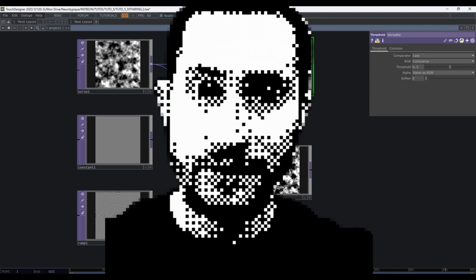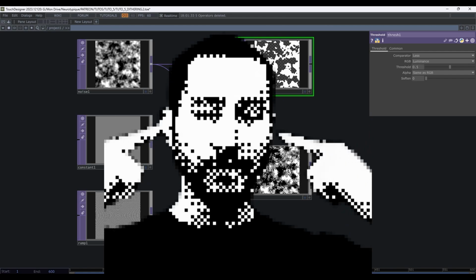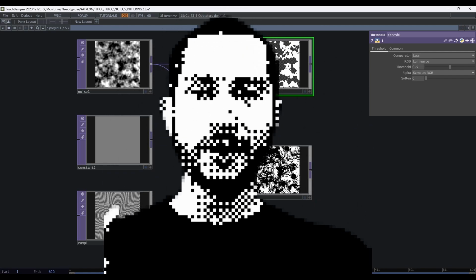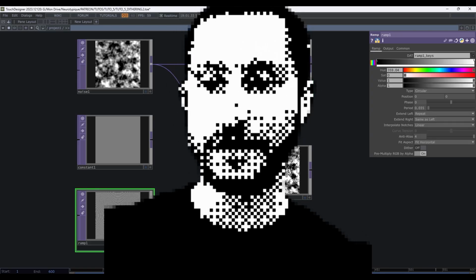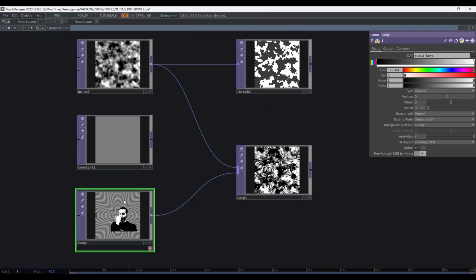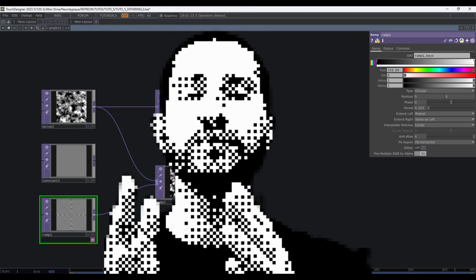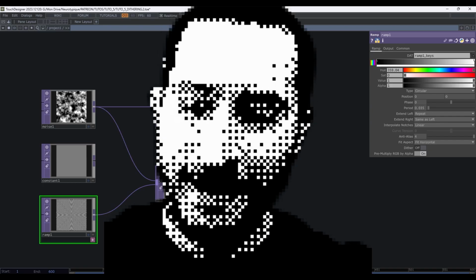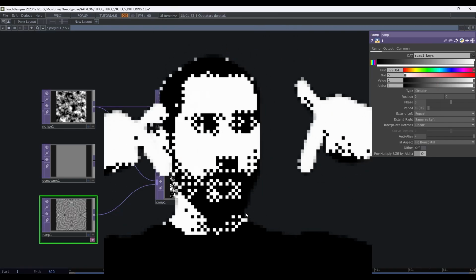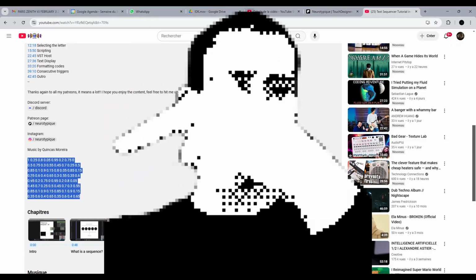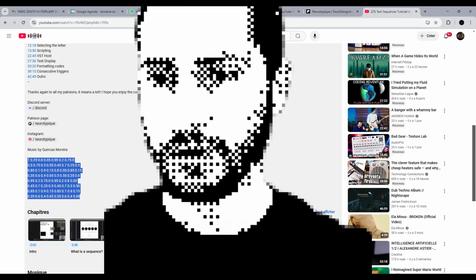Now, with this, you can imagine how it's coming. It's just the same principle, but what is different is exactly the matrix used here. So it's not the ramp, it's a bit more complex texture. I wondered what was the best way to provide an image. I wanted it to be really future proof. So what we are doing is we're going to go into the description of this video. You're going to copy and paste these numbers.